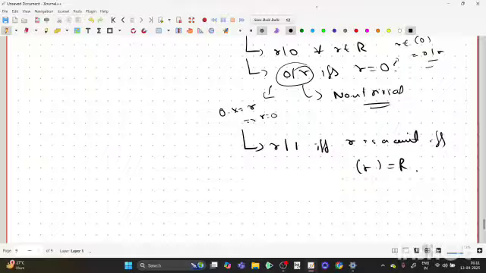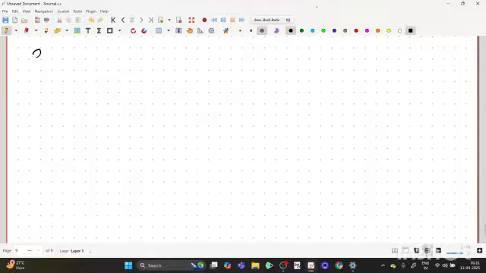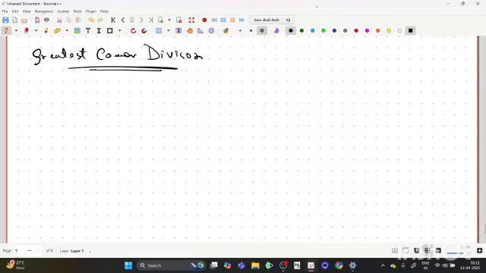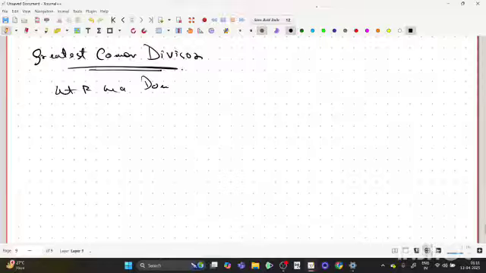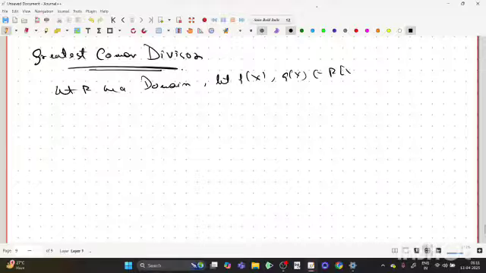Now here, actually, we can have a general notion of a greatest common divisor. This is the last thing I'm going to talk about today, the greatest common divisor. So let R be a domain, and let f(x) and g(x) be in R[x]. We can define it